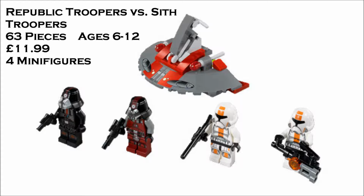You might disagree, of course. You might really want some Republic Troopers and Sith Troopers. And what is good about this is it's infantry units. I'm not sure what the rankings are of the Sith Troopers, but they're both infantry units, whereas the Clone